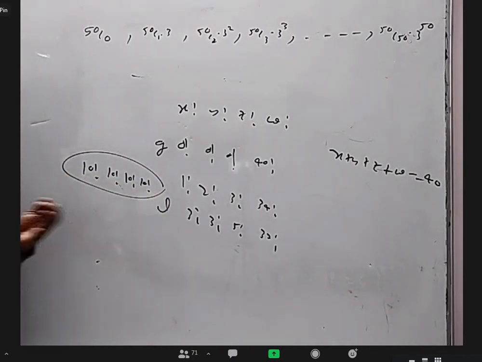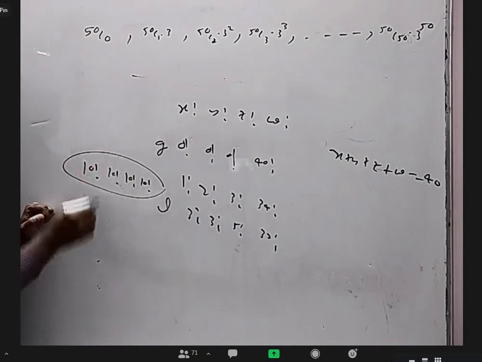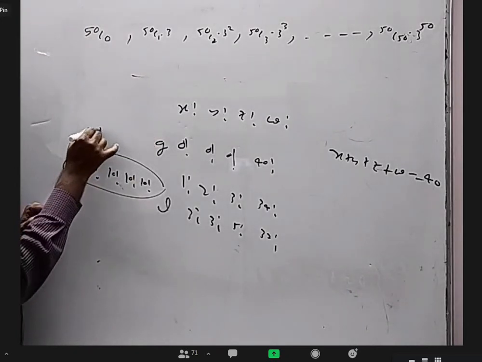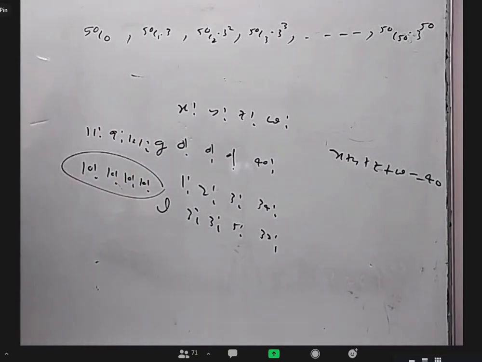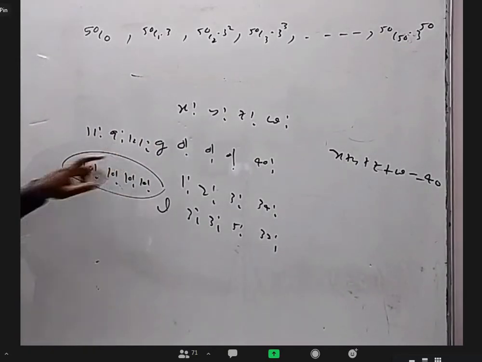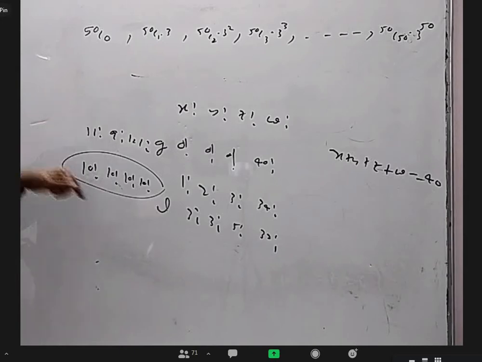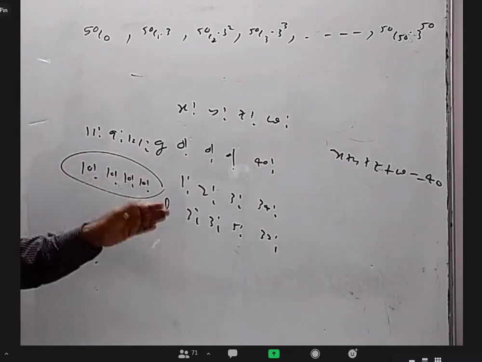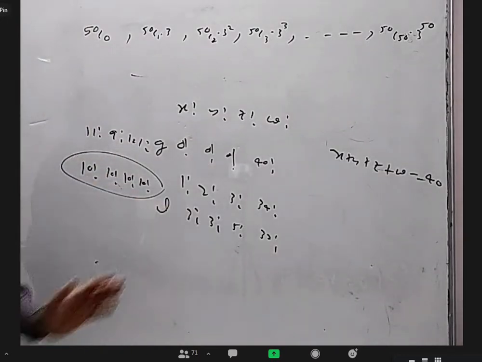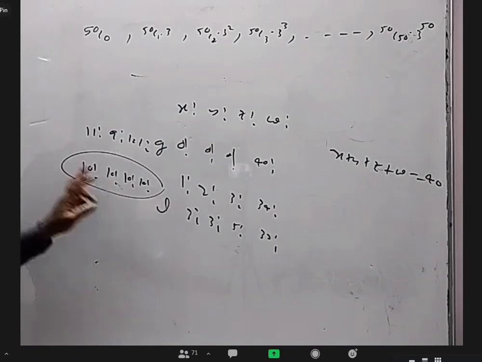Why is it the least? If somebody asks for an explanation, let them give any other example, 11 factorial into 9 factorial into 12 factorial, something. You can easily show from here how to get this. You have to add some big numbers and replace, that means remove smaller numbers. So it is quite possible to prove, maybe theoretically, not by way of writing it, but when all these are equal.